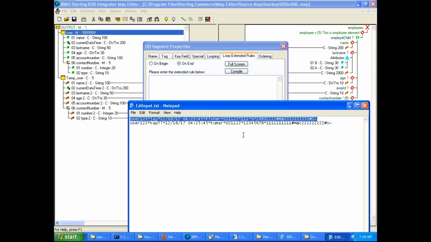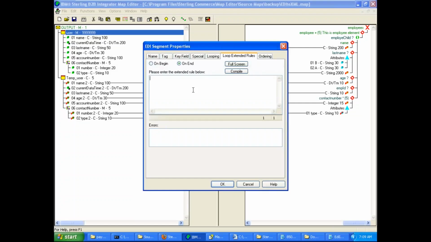Now, at the end, after processing this entire segment, it will run on end, right? So when on end runs, I know that my variables in the memory have all the values. It has user1, it has j1 j, it has this timestamp, it has last name Fisher, and things like that. Okay,